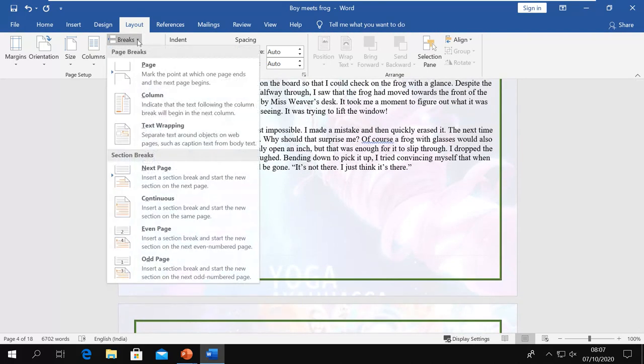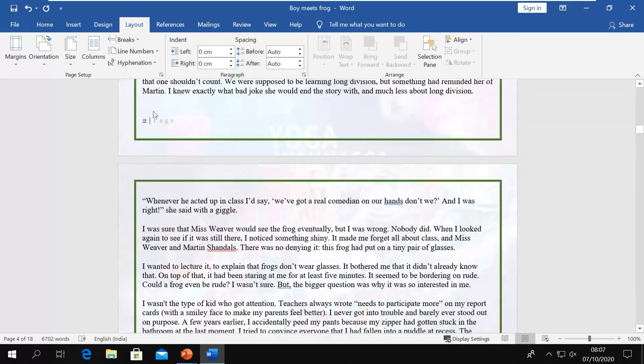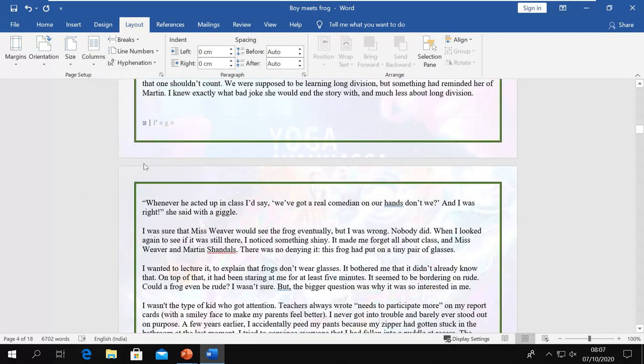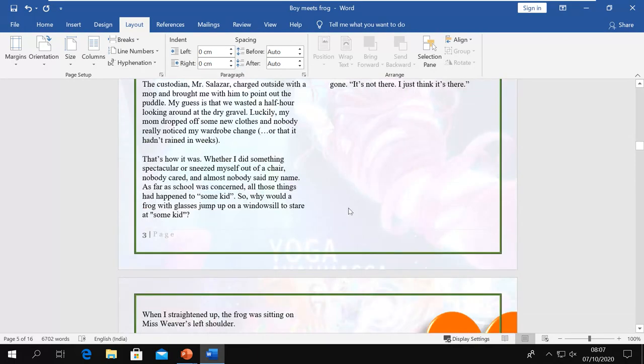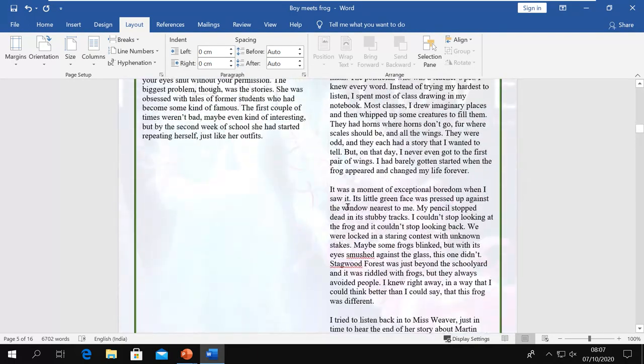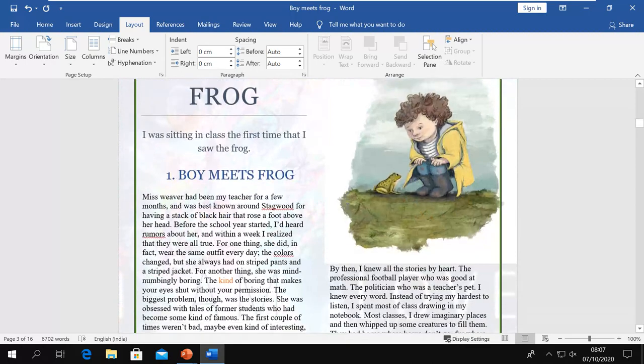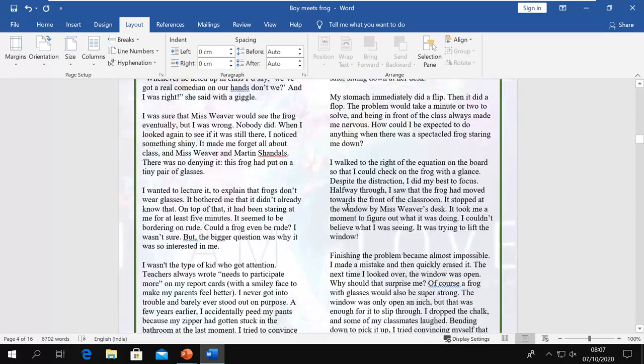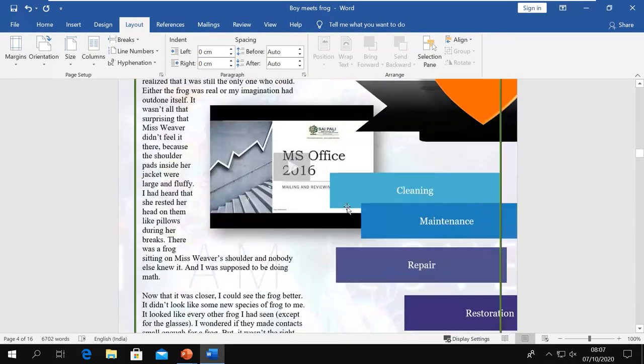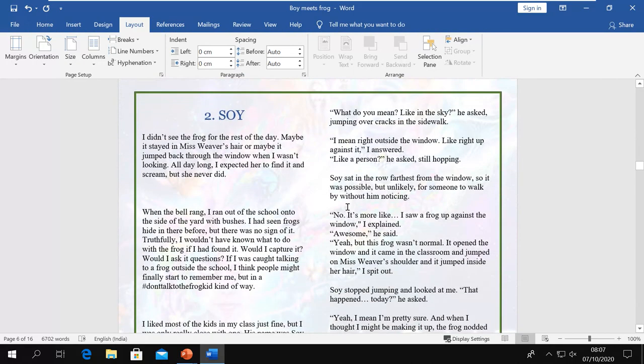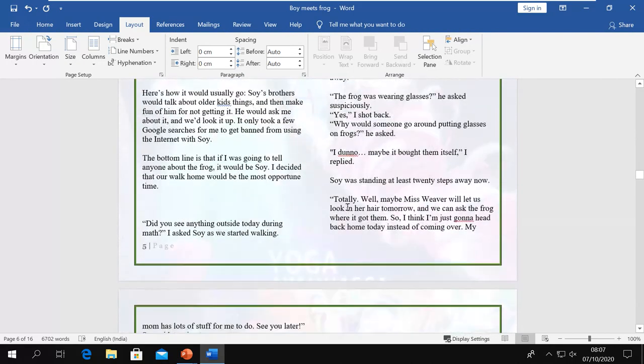Then you have other options to break as a column. If you are having 2 columns, 3 columns, then you can decide from where it will break, and where your next column will start. For example, if I do 2 columns here, now our document changes into 2 columns, and everything is now misplaced.